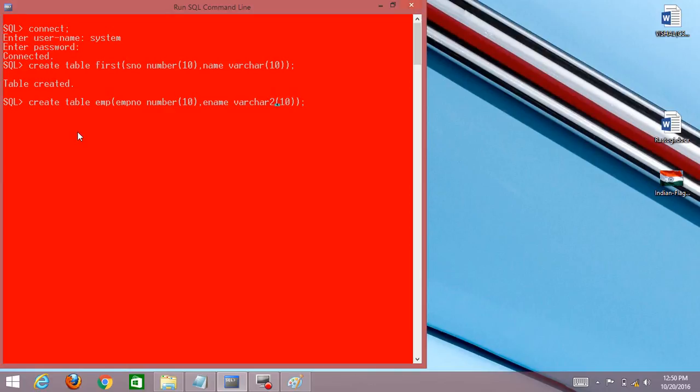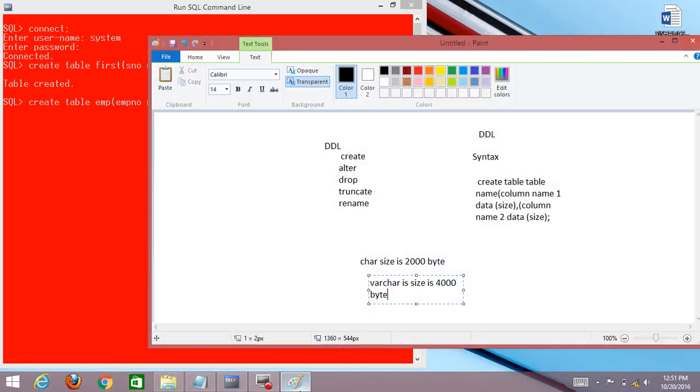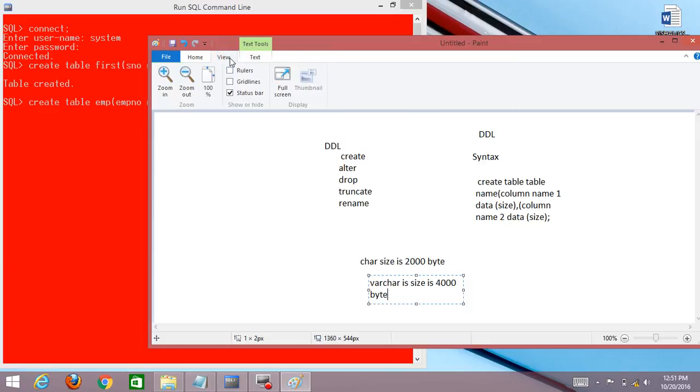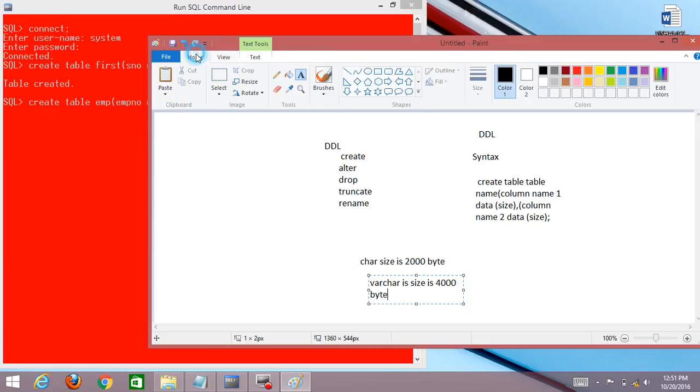Sir, in the first table you did not write the 2, but when you create a new table you write varchar2. Why are you inserting the 2? Simply, varchar2 is one view, and one thing suitable for you.